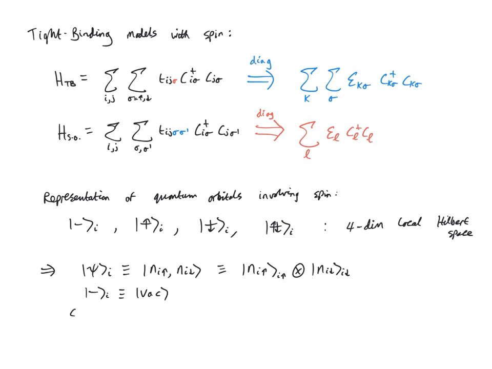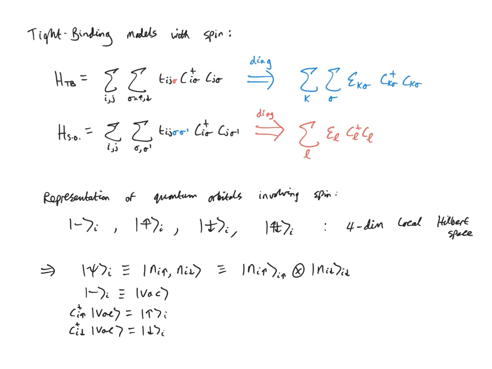We can also act with Ci up dagger on this empty state and get the up state on I, or I can act with Ci down dagger on the empty vacuum state and get the down state in state I,